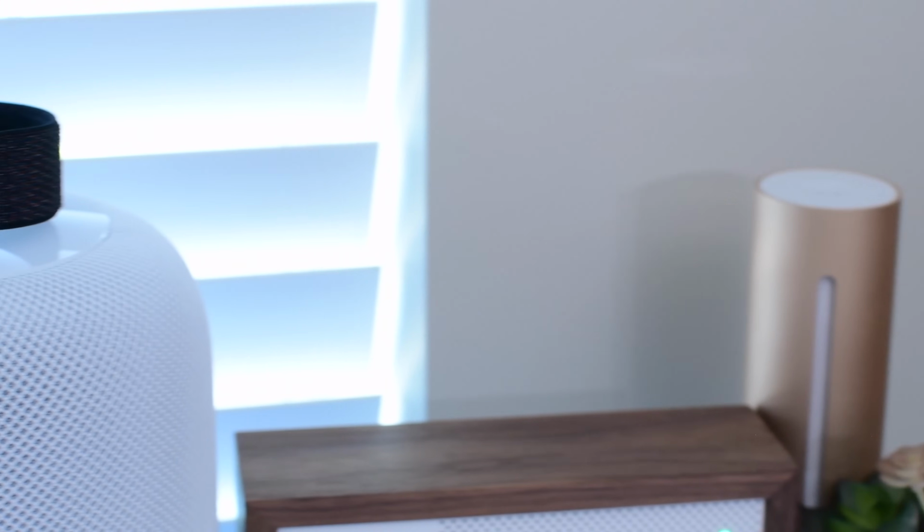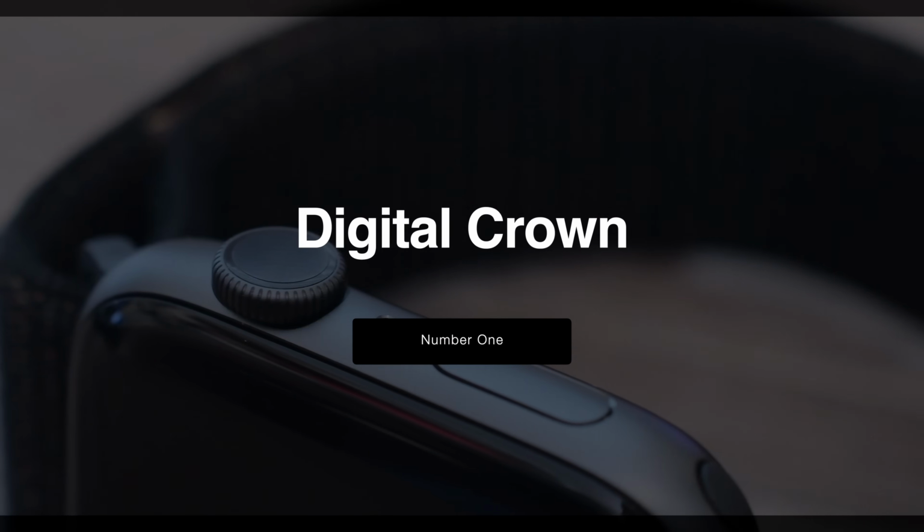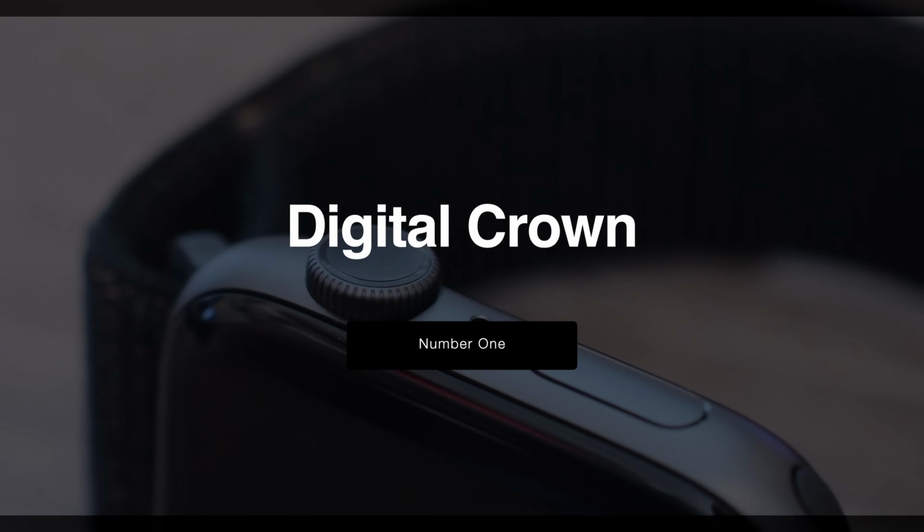There is a lot to love with the Apple Watch Series 4, but we're going to walk you through the top 10 features. Welcome everyone, it is Andrew from AppleInsider, and we're going to start our list with the updated